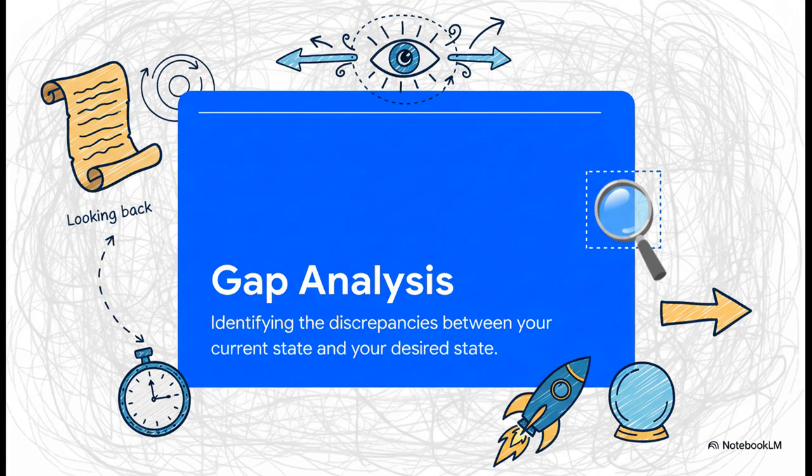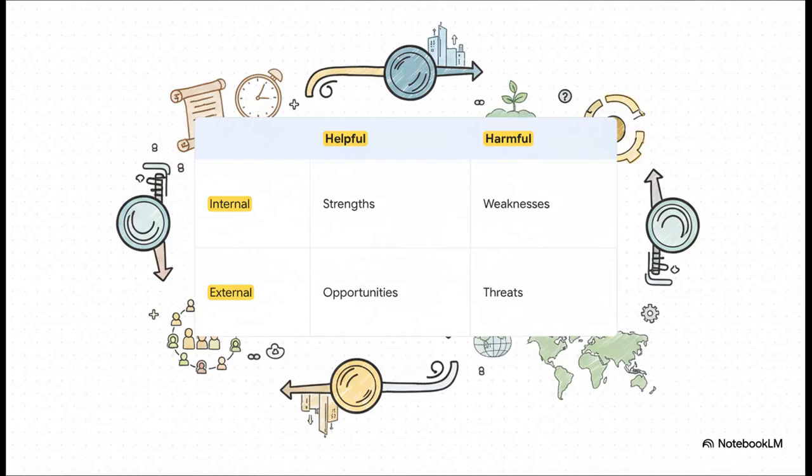It's the blueprint for any real plan. And then, of course, you've got the old classic SWOT analysis. This gives you that complete 360-degree view of what's happening right now. It's super simple. You look inside at your strengths and weaknesses, the stuff you can control. And then you look outside at the opportunities and threats, the stuff you can't control but definitely have to deal with. Put them all together, and you've got a full map of your world.